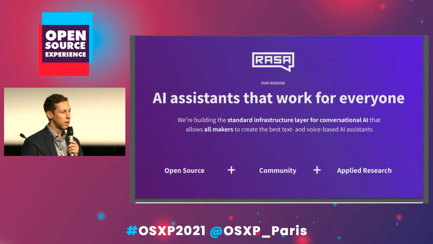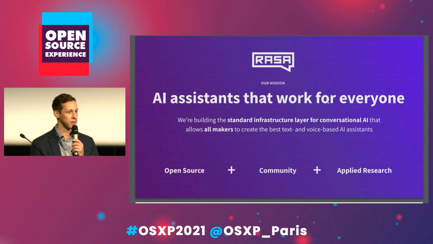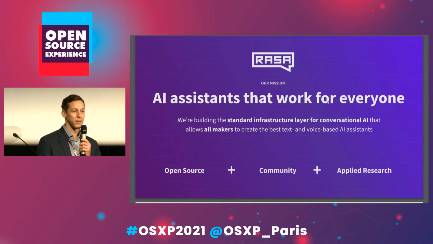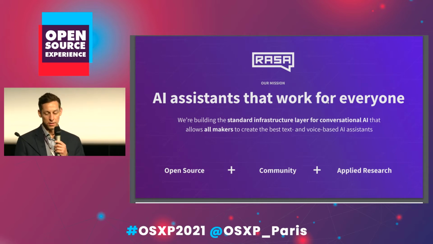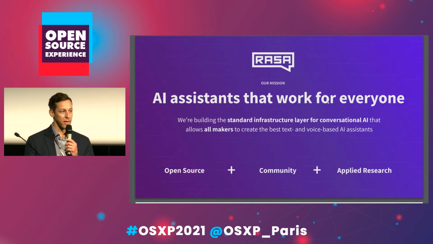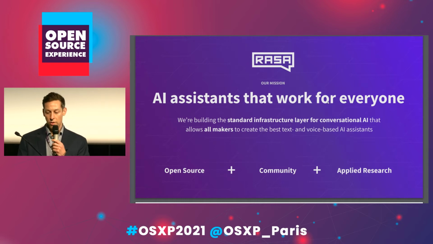And then, of course, the next pillar being community. So we have a very active community forum where it's not just the folks at Rasa that are actually helping you, it's the users helping each other. And we think that's just so important here. And the work that, obviously, we'll speak a little more about, that Orange has done with Rasa, it's a really great partnership there. And then lastly, the applied research is just such an important thing here